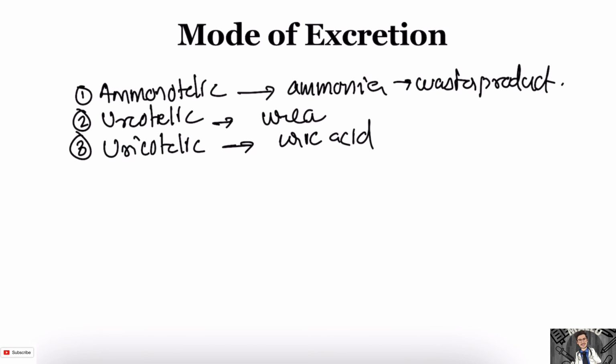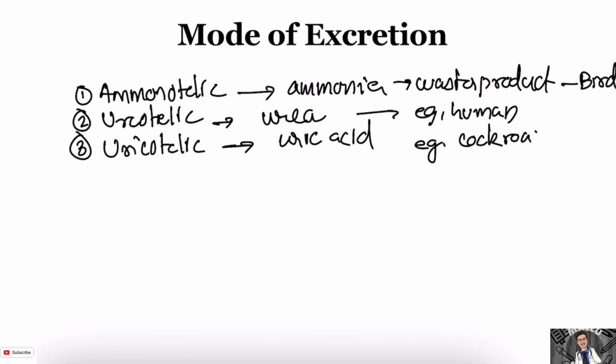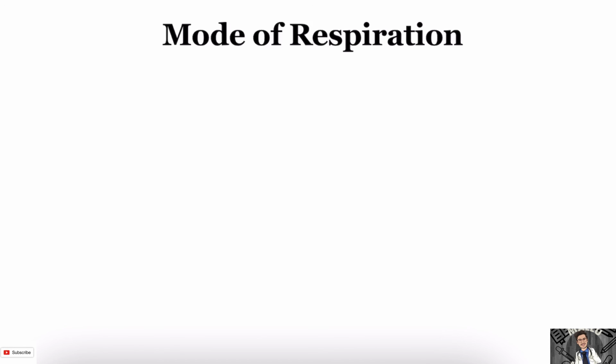So I hope you are getting the concept. I'll give you some examples. We are ureotelic. Humans are ureotelic. Birds are uricotelic. I'll give you another example, which are the cockroach. They are uricotelic. Alright. Now, let's move on to the last type of classification in minor, which is the mode